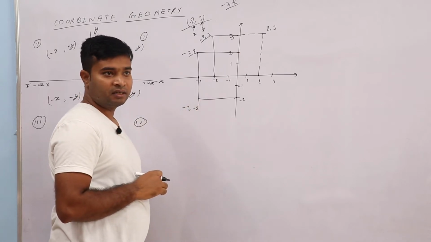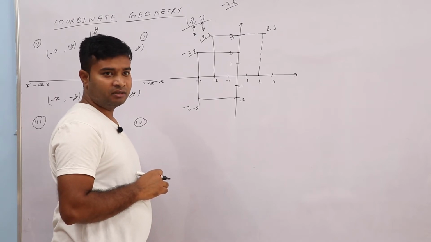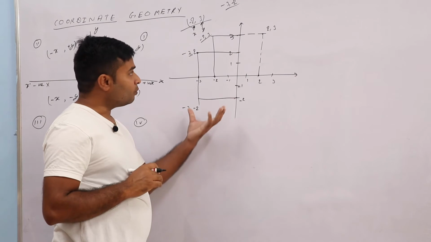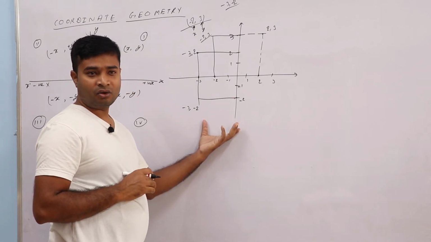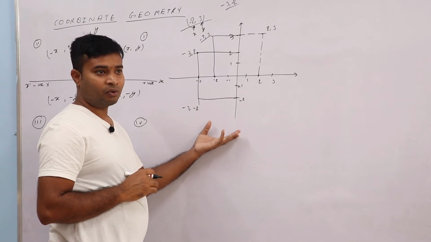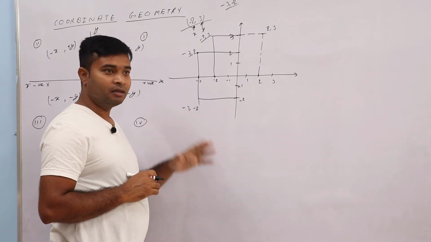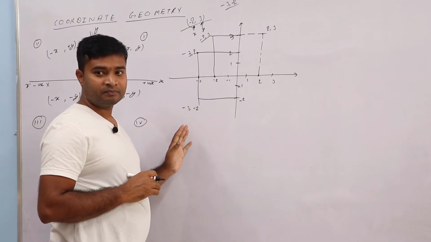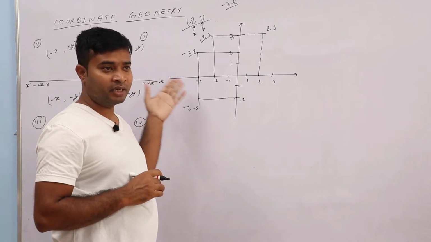Minus 2. Getting how to represent? Yes, sir. Yes or no? Actually in the Karnataka board, one question pakka will come on this, correct? That too of 4 marks. Generally in many papers I have seen, I can't say it will be 100% pakka, but I have seen in many papers. So just knowing where this x and y will come, you will get 4 marks.